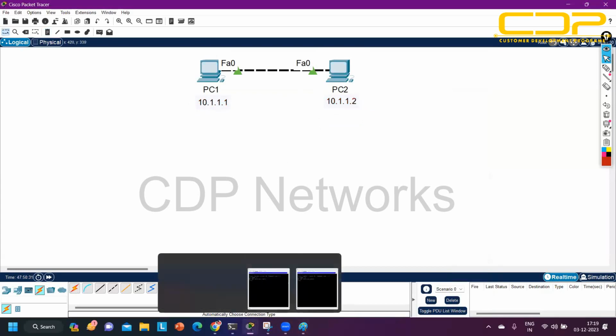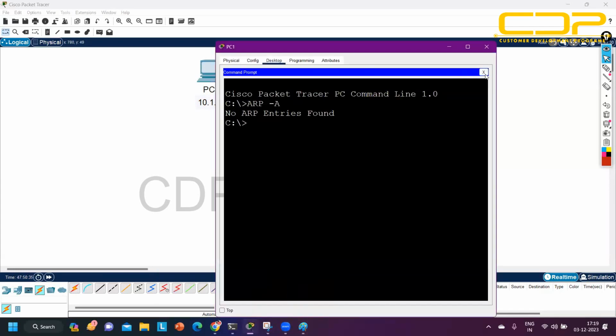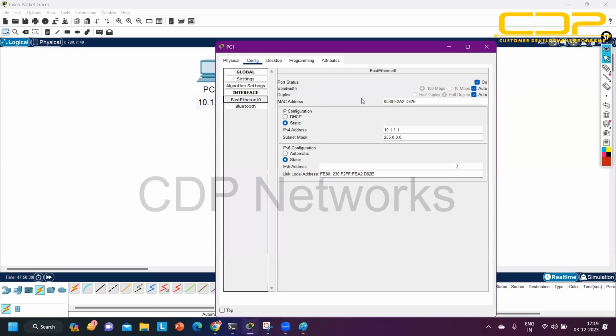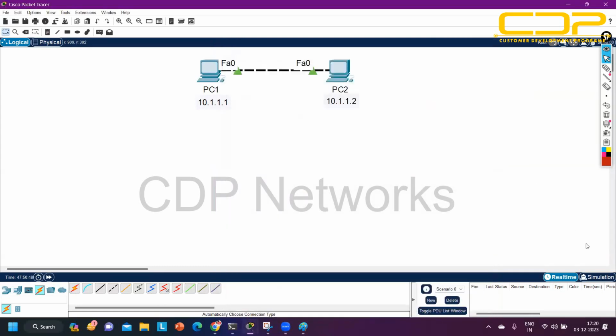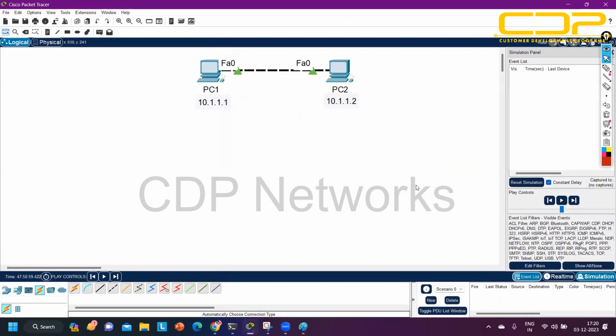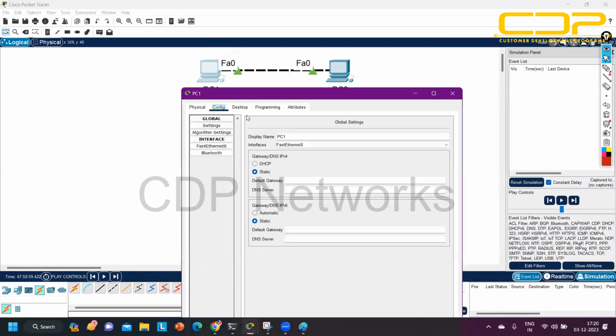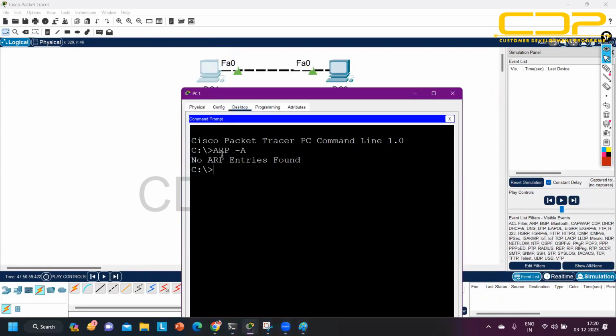And you can see the MAC address also, like here. If you want to see MAC address, you can check the MAC address on FastEthernet 0. You can see this is MAC address of this PC. This is MAC address of this PC. Fine. Now let me show you here. Let me open simulation mode, and now we can see the packet also. See, I am going to ping PC2 from PC1. From PC2, I am going to ping PC1. So let me run this command, ping